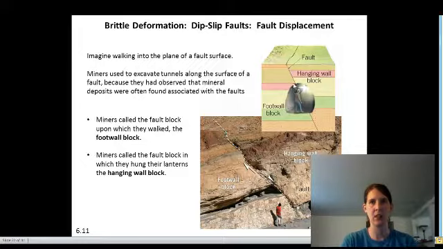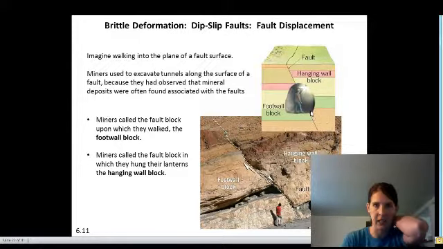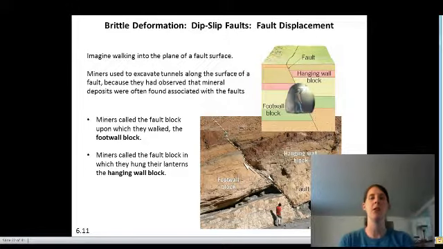See, there's not a whole lot of space right against the wall here to hang your lantern on that side, so you're not hanging on the footwall, and there's not a whole lot of space to walk on this side, so you're not going to be walking against the hanging wall. So your footwall block is the one you're walking on, and your hanging wall block is the one you're hanging